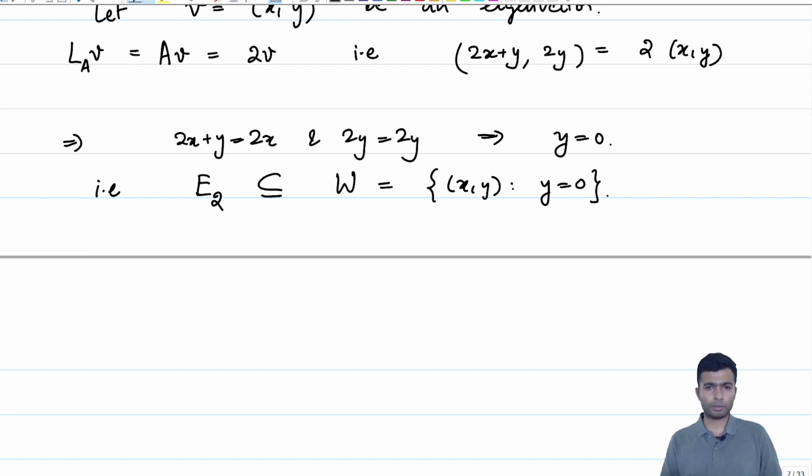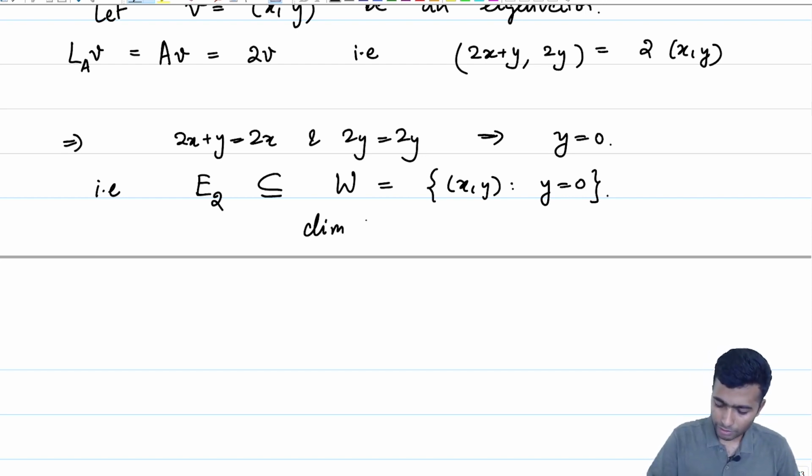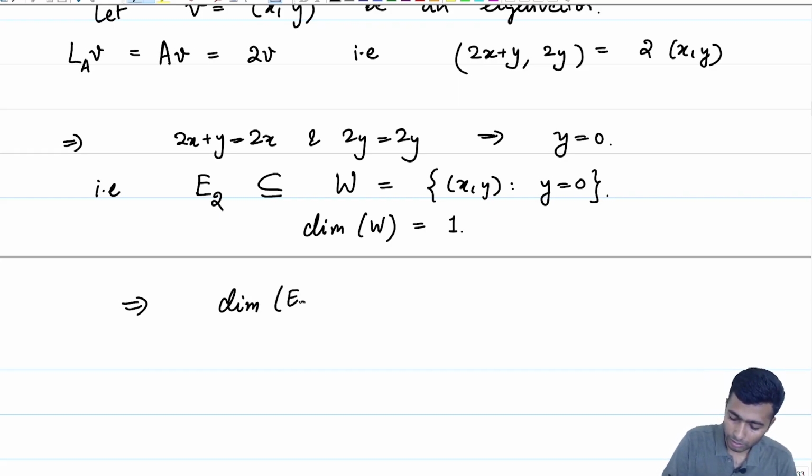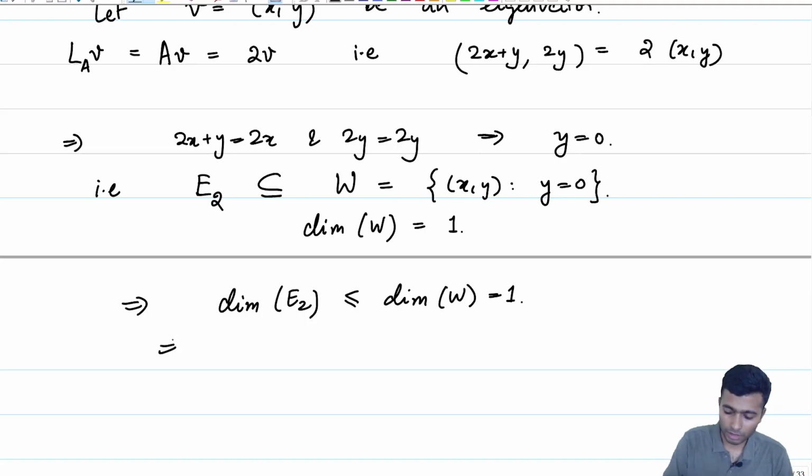But what is the dimension of W here? The dimension of W is equal to 1, because (1, 0) is a basis of W. You should go back and check all these statements. And therefore E_2 being a subspace of W implies that the dimension of E_2 is less than or equal to the dimension of W, which is 1. That means the dimension of E_2 is equal to 1,